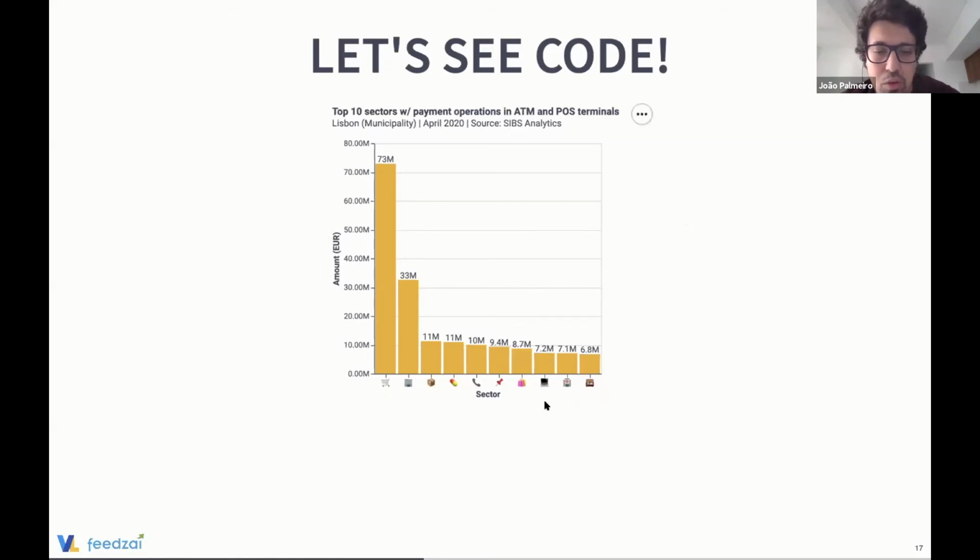And basically, you can just approach it. You have a tooltip. You can see that for catering services and restaurants, the amount of money being spent is not so much. It's expectable. You have this huge bar for the supermarkets. And this is maybe just the start of analysis that you want to do. It's just a kind of plot that you want to have in your application, so for people to easily get a sense of some specific data. And in the end, it's just a bar chart that we'll try to construct here.